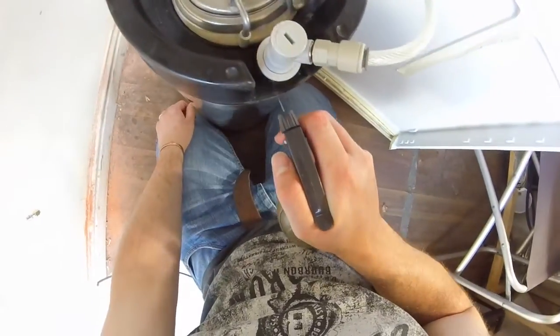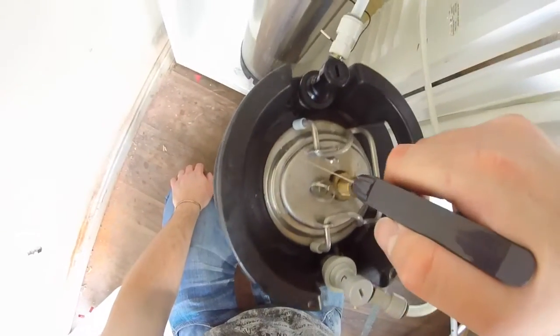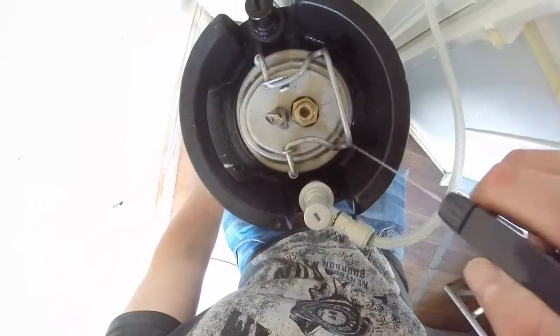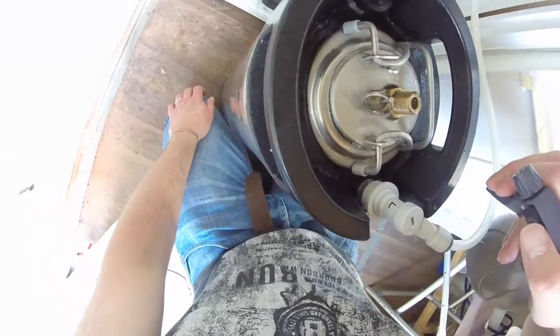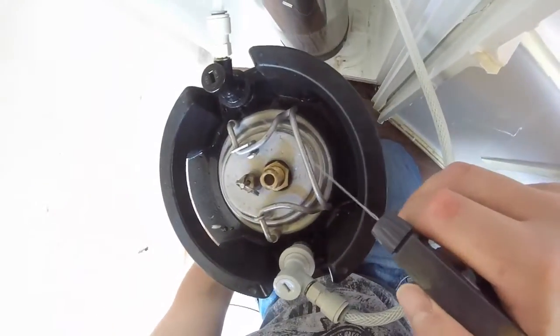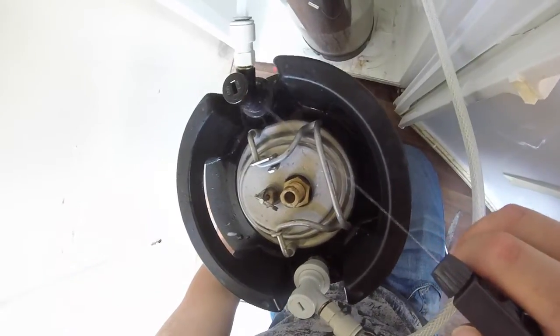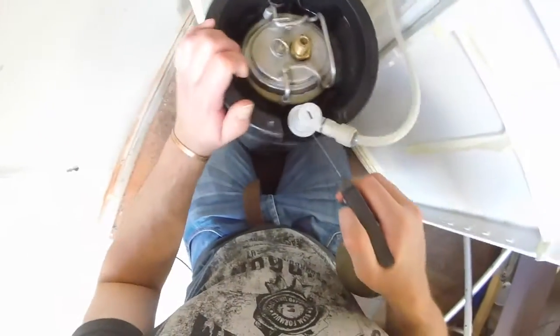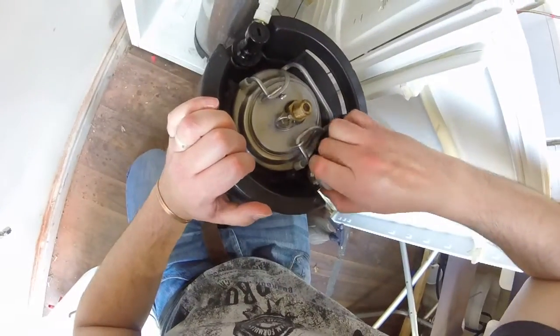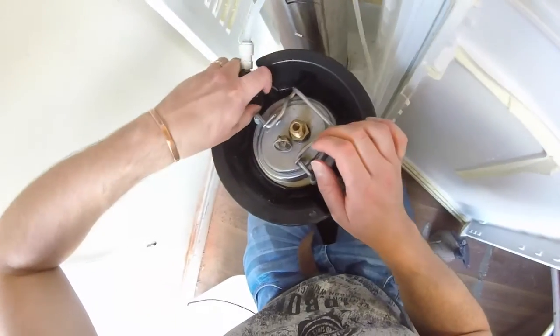There's no leakages from there. There's no leakages from the lid. No leakages from that one. No, from here. I think we've sorted the first keg. They're just a bit stiff. Maybe they just need to